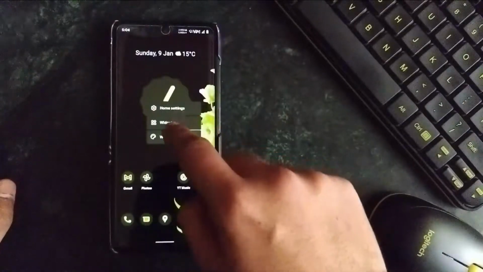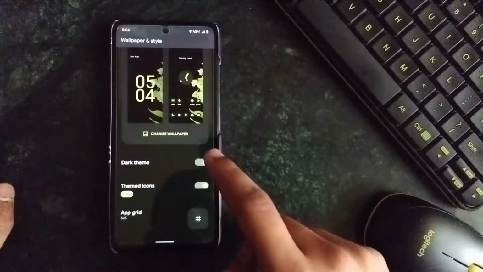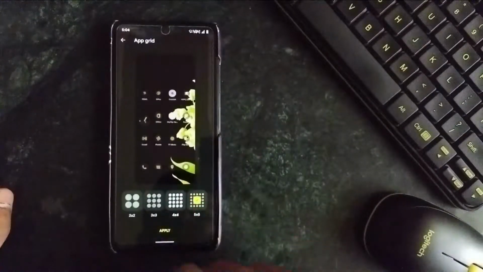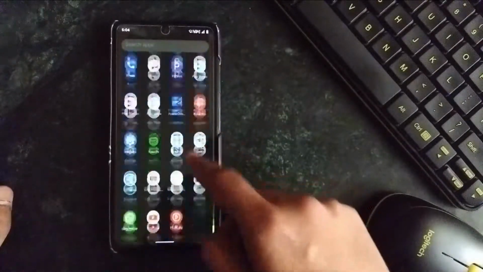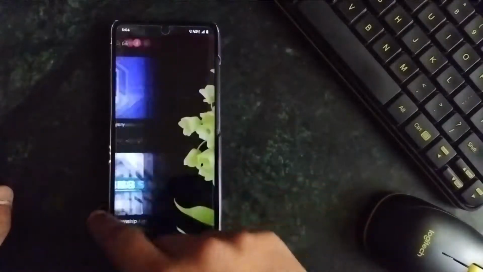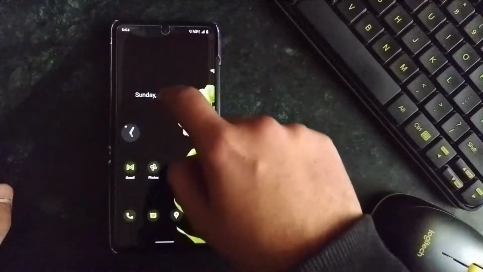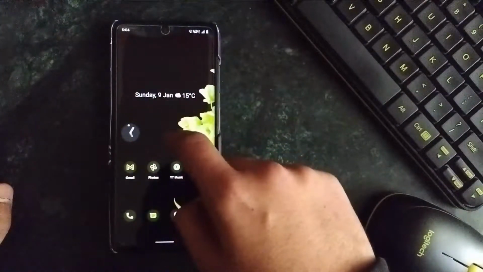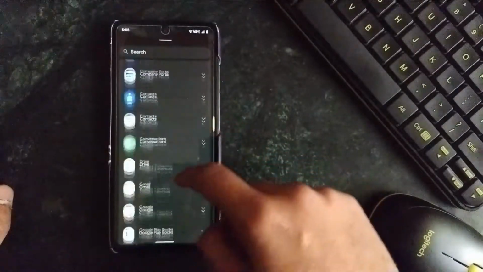The Google Home icon. For the wallpaper section, let me show you, these are the spaces that you can set it into. So yeah, 4 into and all these things that you can do. Right now for the clock, this is the clock, and let me drag this over there. Yeah, so these are the widgets that you can set up.